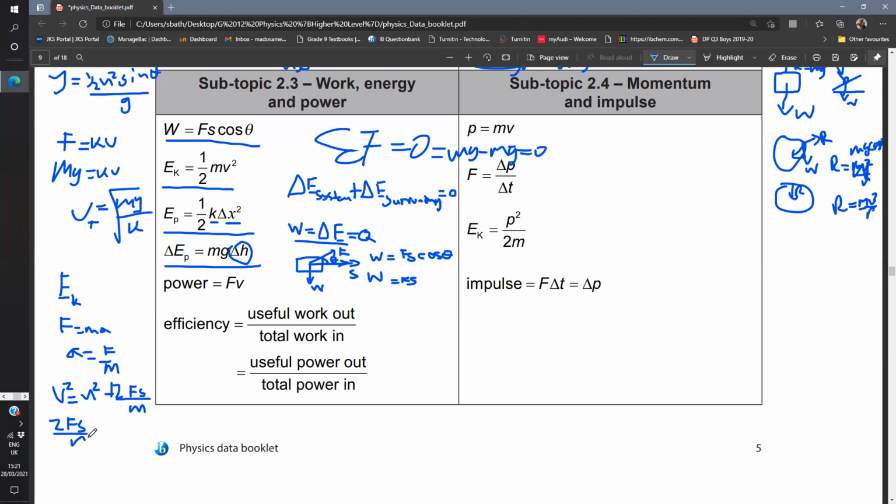Two Fs over m is going to be equal to u squared. And then we just multiply the whole thing by half. So minus half u squared. Okay, and then